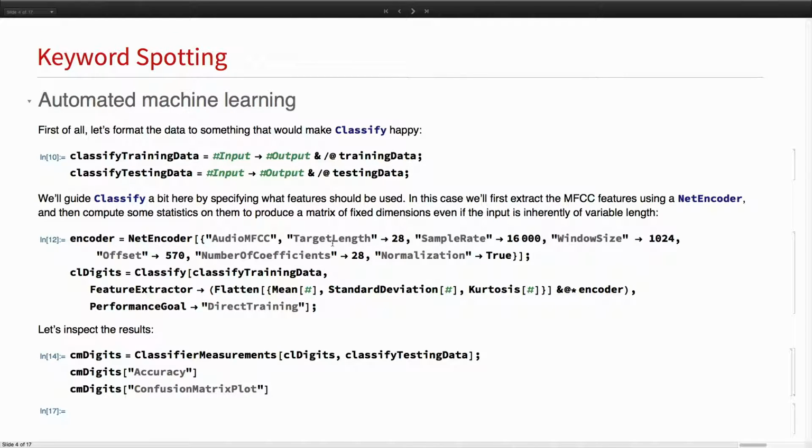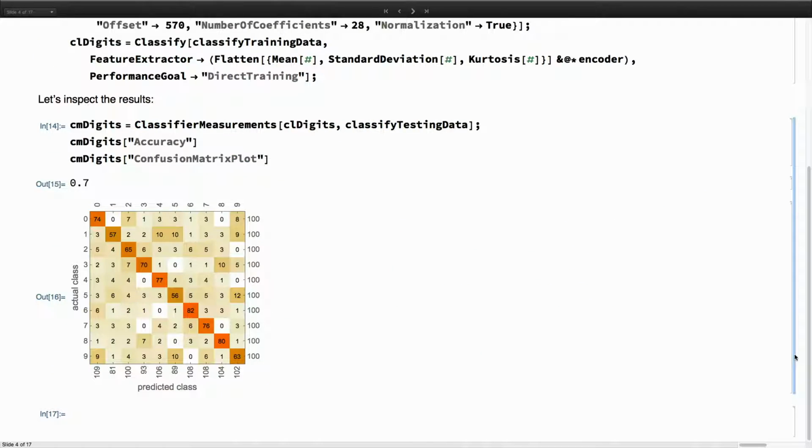And hopefully this will capture most of the important information. And then we just throw this data inside Classify with minimal effort. And this minimal effort result already gives us a 70% accuracy on the test set. And this, as I said, was really zero effort.